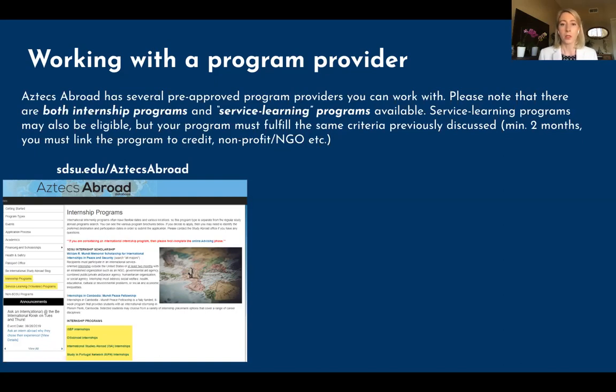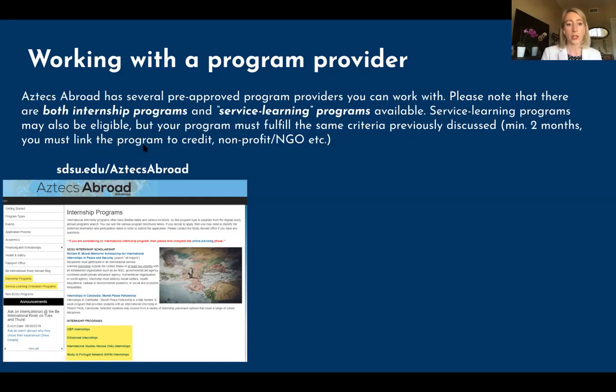Now, a lot of times service learning programs might be service-oriented in nature, but they don't have credit that comes with it, and they're usually typically really short. So it's up to you to create a program that's service-oriented, or find one that's at least 2 months in length, and you'll then likely have to take credit and link it. You'll probably do the SDSU credit option, where you do an independent study or you do an internship course at SDSU, so that your experience has been linked to credit that you would receive.